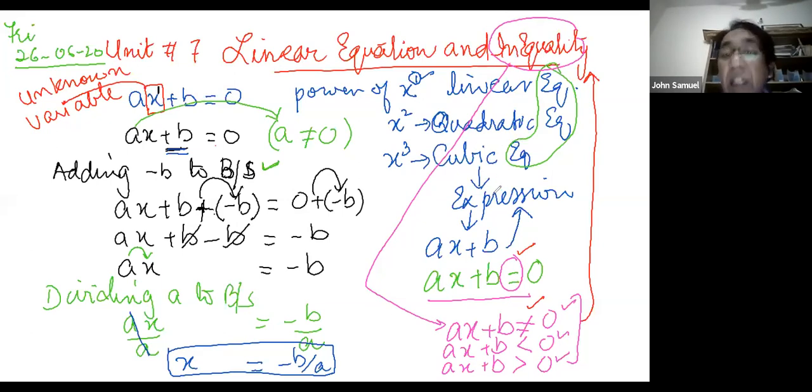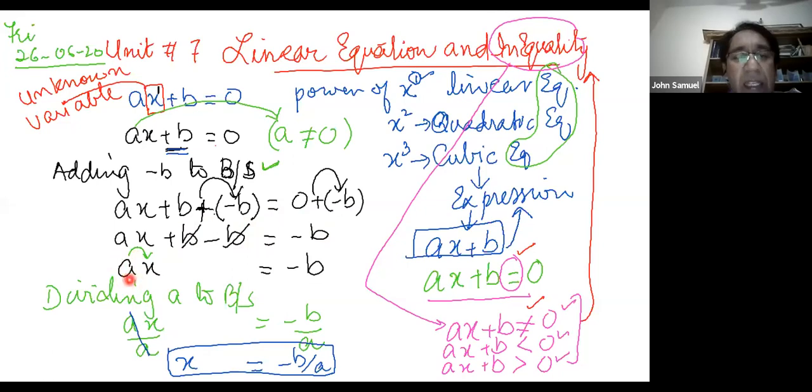But why do we say expression? If there is no equality sign, and it is simply written in this form, we call it an expression. Now we need to find the value of the unknown variable lying here in the equation. So we'll shift this plus b to the other side using the additive property. Adding minus b to both sides, which I have done in this step, it cancelled here and shifted.